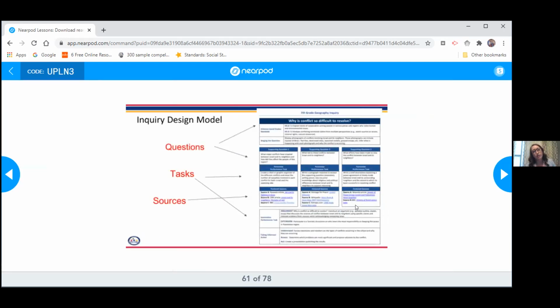Now these inquiries, like I said, are more encompassing and they take a little bit of time. So if I were going to do a full-blown inquiry like the one we're going to show you here, it would probably be about 2 weeks of teaching. You can break it up and use parts of it and do things like that, which we'll show you a little bit too.